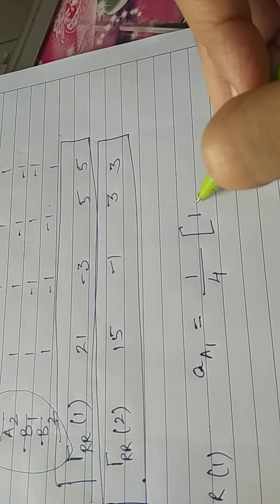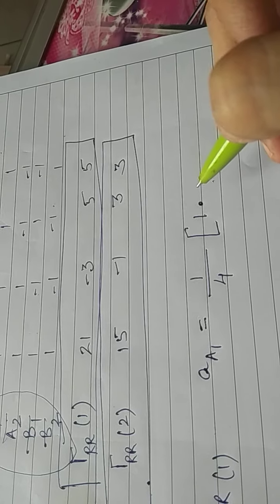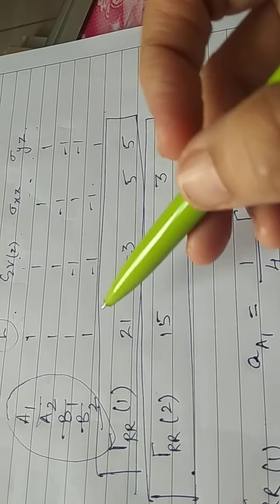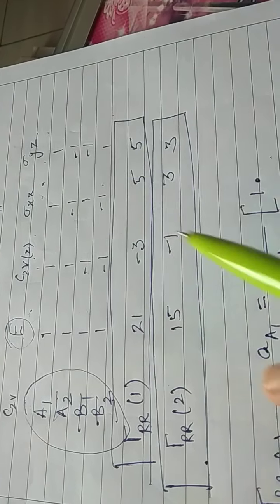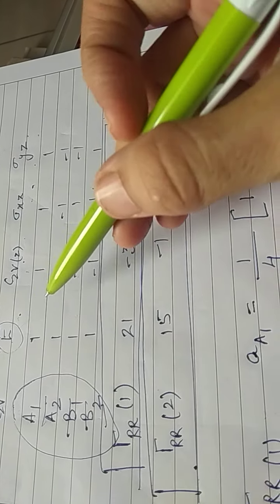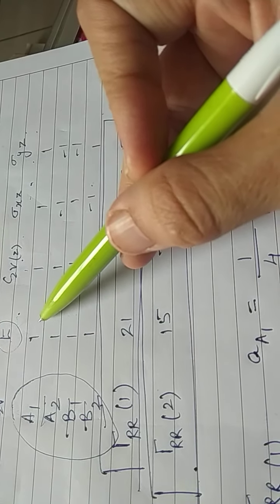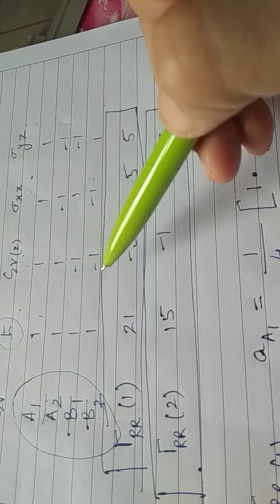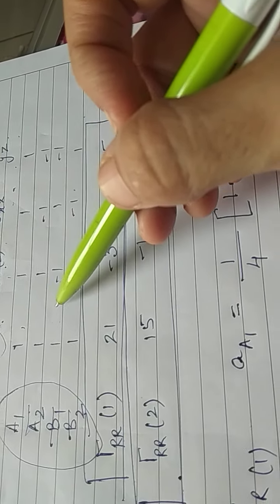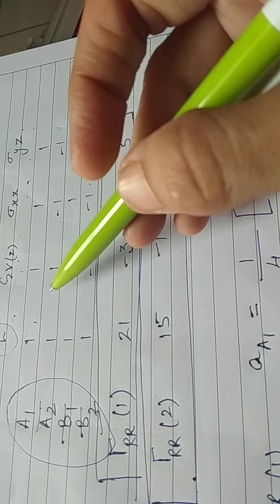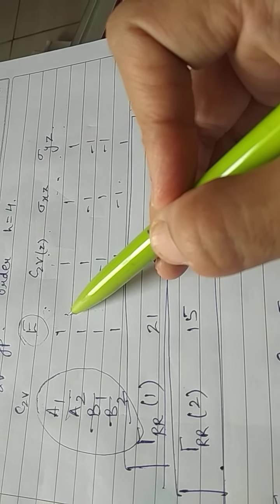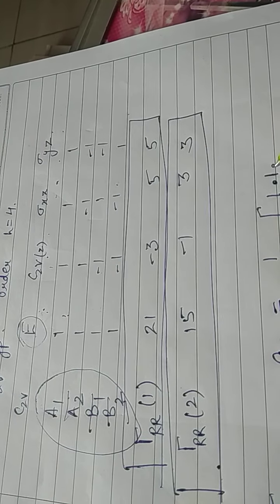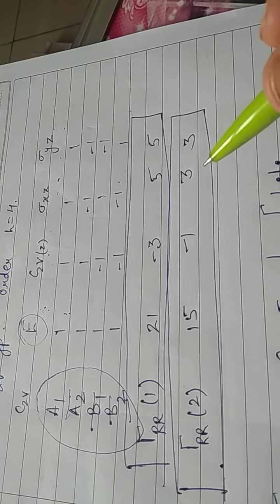So we write 1 multiplied by the character of the Rth operation in the irreducible representation, that is 1. Then again multiply it with 1 and then multiply it with